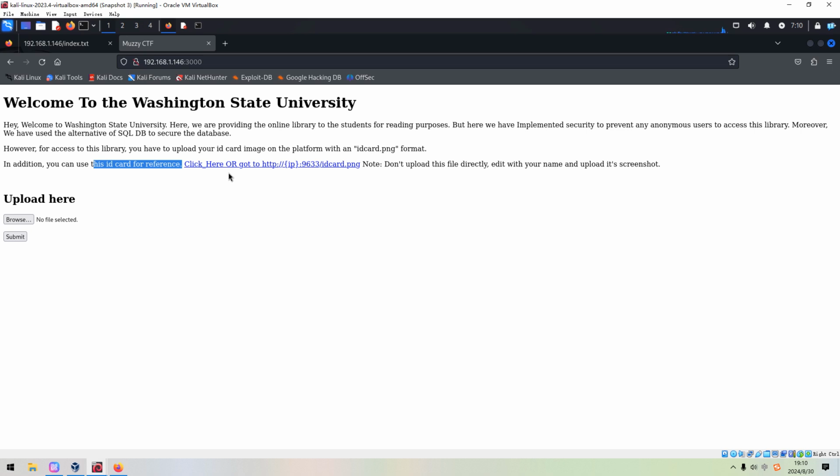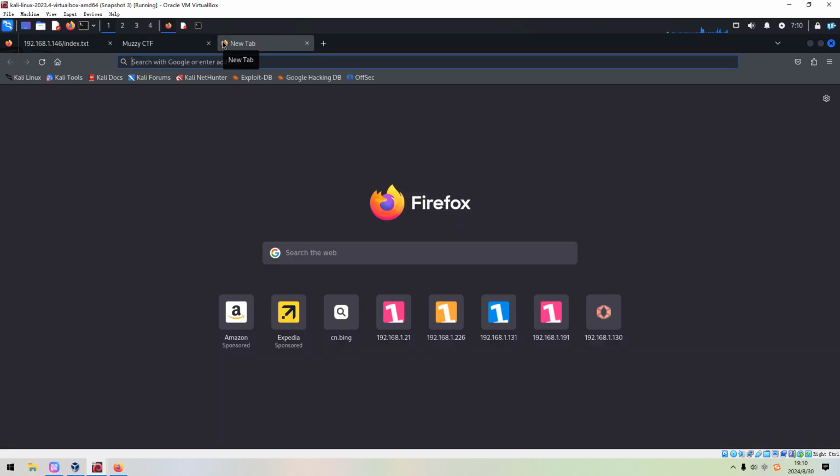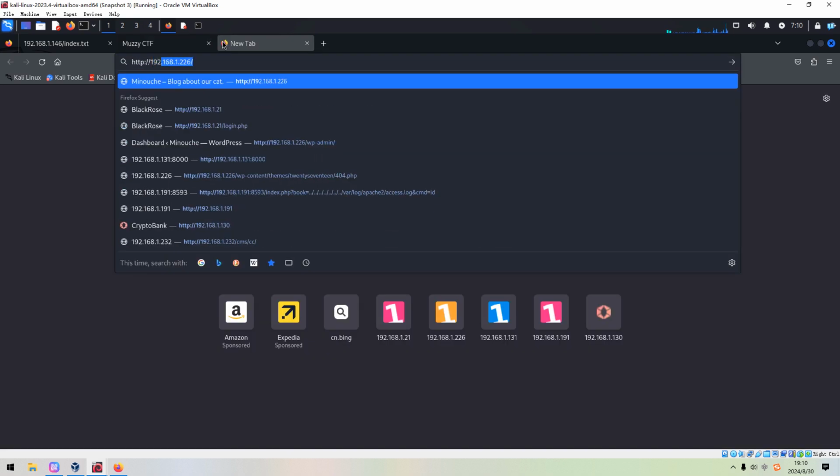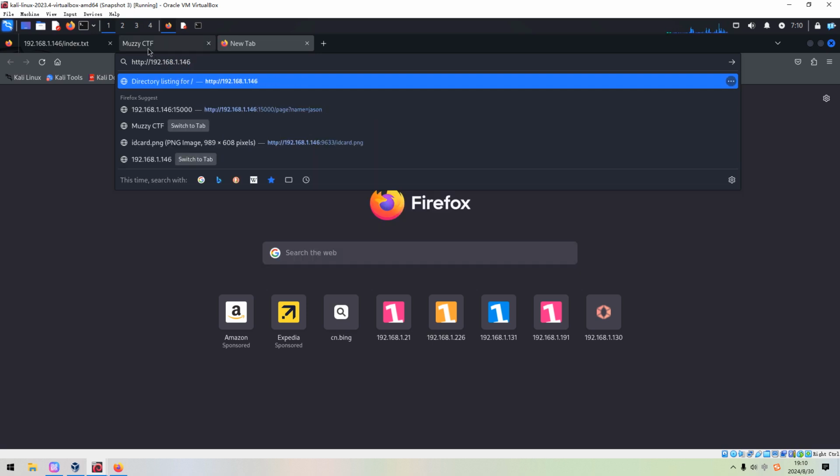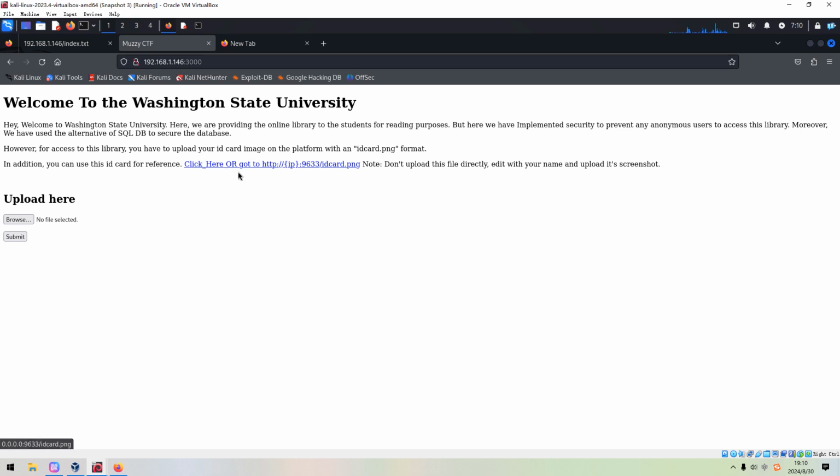So I think next we can, of course, not upload this file directly, but edit it with your name and also upload its screenshot. And we can open up another new tab. To access this PNG, we can copy.